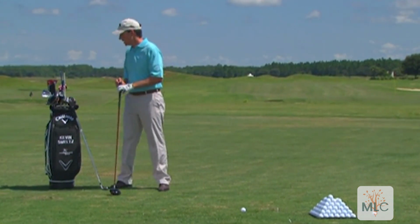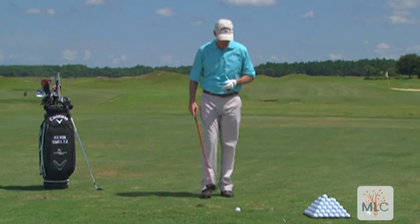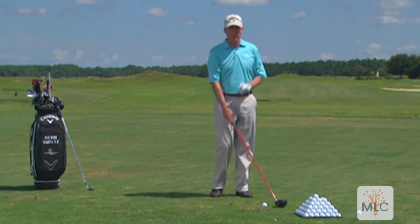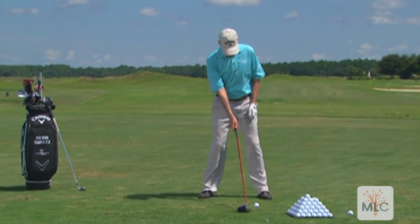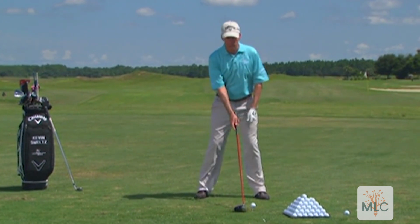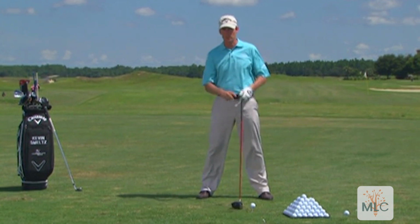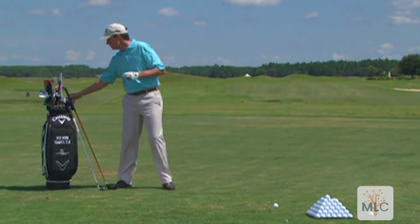Oftentimes at corporate events I get asked, how do you hit it solid with a driver? That's usually the most popular question that's asked with regards to hitting it solid. The big key is that setup. If you can set up with the ball slightly more forward on the inside of your left heel, with your spine tilted slightly more to the right, that's going to be a big step for you. Now if we go down a little bit